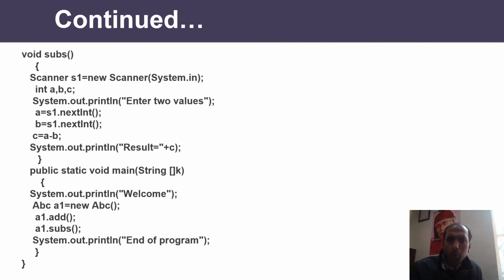Now my point is that we can create as many methods as we want. If you want to create 50 methods, you can create 50 methods. As per the requirement of the software, we create as many methods as we want. At the time of calling, you just need to take care that you first create the object, then you instantiate it, and then you call it.